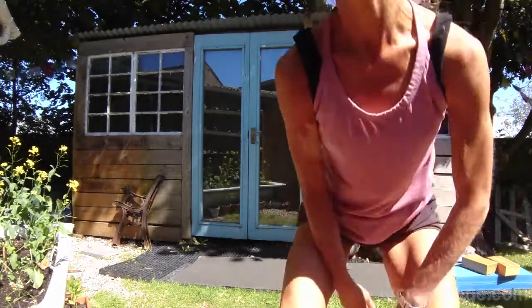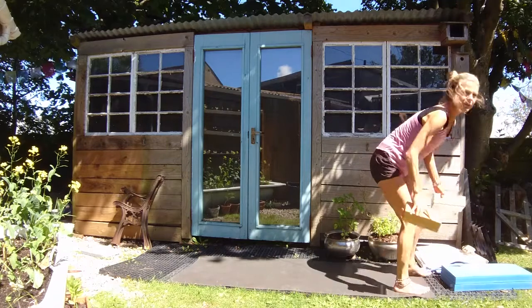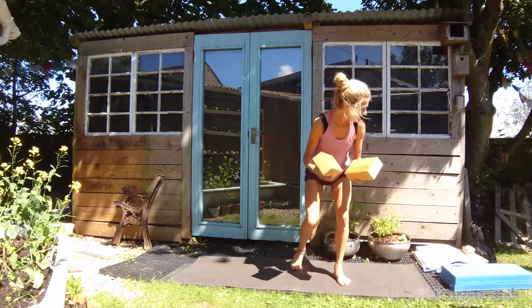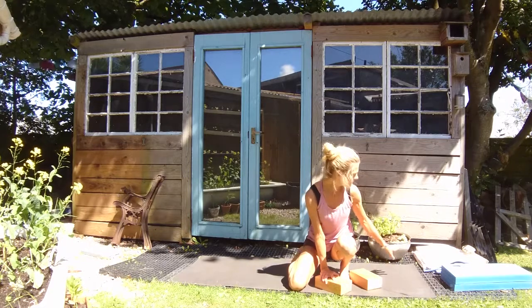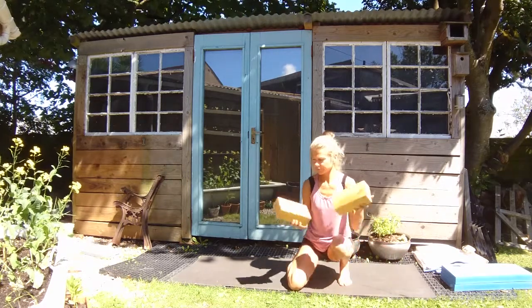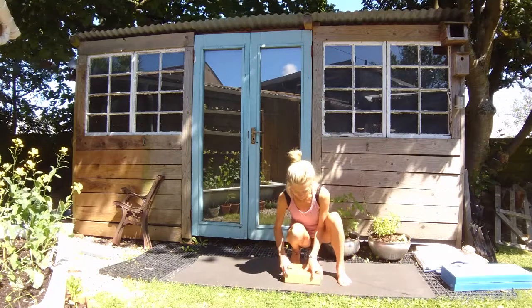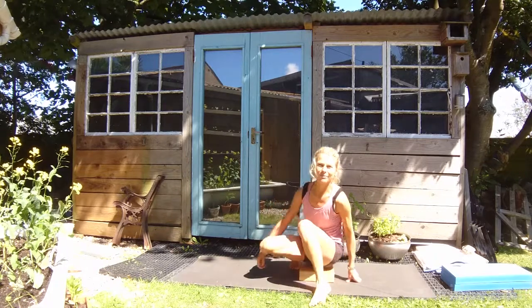This little practice is for the upper chest and back to bring a little bit more freedom across the heart centre, across the ribs and the lungs. So I've got 2 bricks. You can have 4 foam pads because they're for the halasana, and a couple of blankets and a belt. I want you to start by sitting on 2 bricks or a couple of foam pads